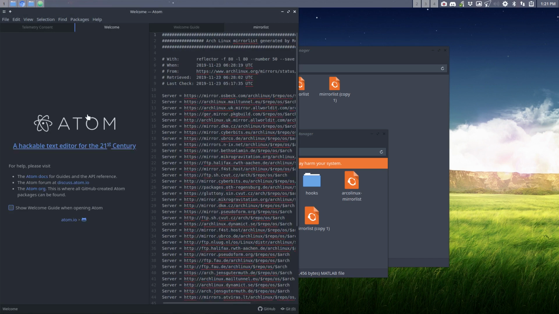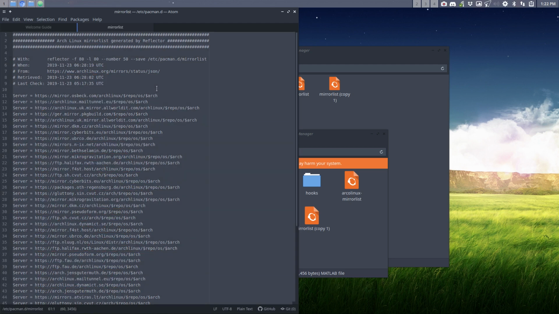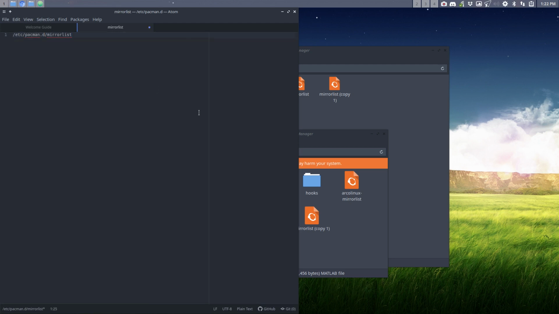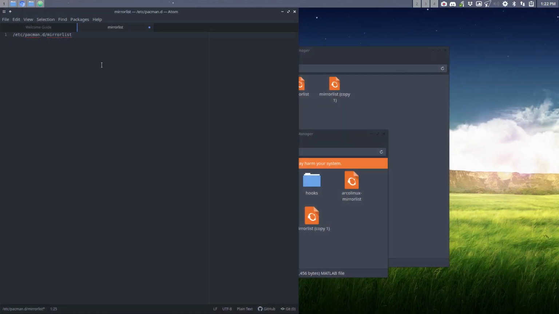This is the long list that was created by Reflector using this code. So if all this is out and that is in, oops, that's not it. That always happens with bad copy-pastes. Go get it again. Like that. Of course, the hashtag needs to go. Save it.